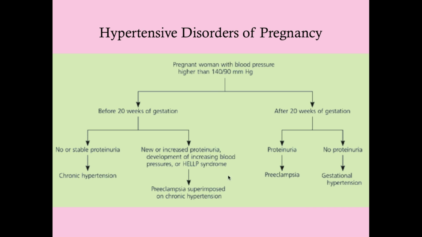So that's a little bit different, but as far as management, it's going to be very similar. So this is how we can kind of conceptualize this. Preeclampsia is always going to be diagnosed after 20 weeks gestation, and it's defined by proteinuria. Now, you may have proteinuria which develops in the context of chronic hypertension, and that would be preeclampsia superimposed on chronic hypertension, or chronic hypertension with superimposed preeclampsia. It's the same thing. They're slightly different diagnoses, but it's the same pathophysiologic process going on.